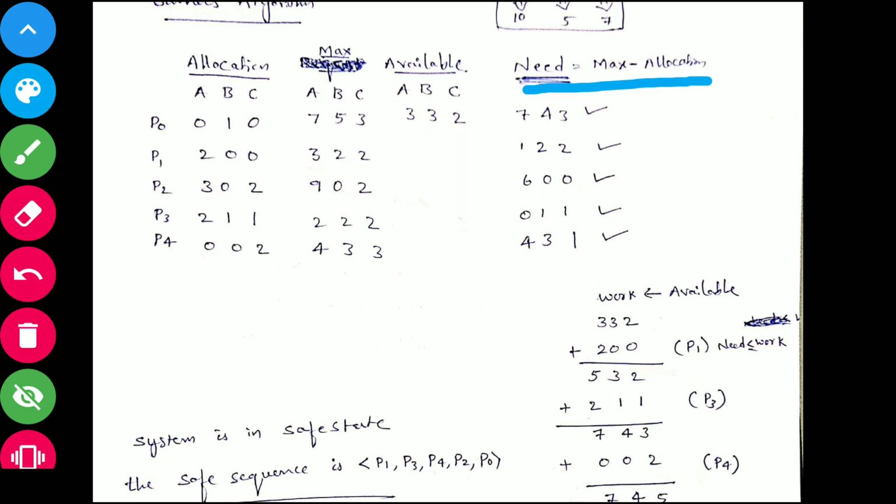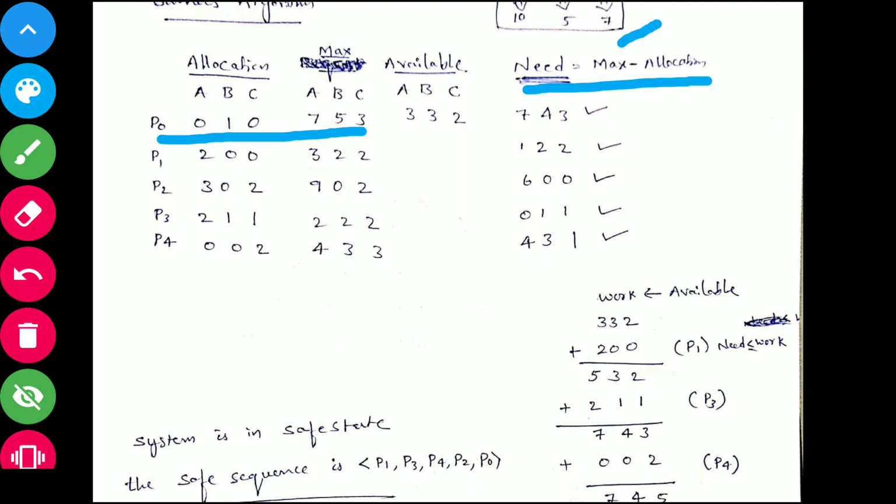Need is equal to maximum minus allocation. Whatever maximum demand is there, after satisfying the allocation, how much is allocated? You can see here the maximum for P0: 7 of A type resource is needed and we allocated 0, so 7 is the need.